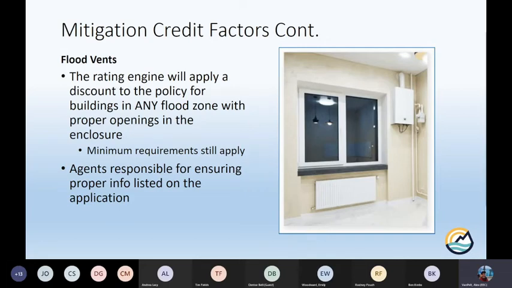The reason FEMA set it up to where the agent is the one responsible is because the agents are licensed. They have to do continuing education credits. They have to self-certify these discounts. If it's found that agents are lying on the forms, they're putting their professional certification at risk. So by making the agents the ones ultimately responsible for this, FEMA is putting somebody in charge who has some level of skin in the game. There's some way to hold these agents accountable if they're just flat lying on the forms. So that's why the agents are the ones being responsible for checking all these boxes.